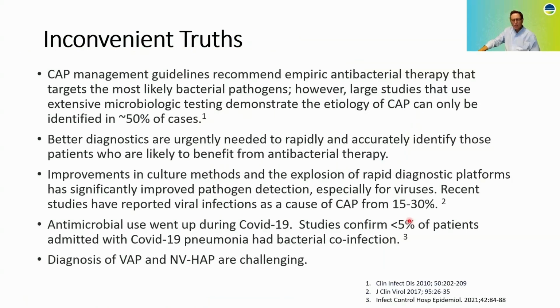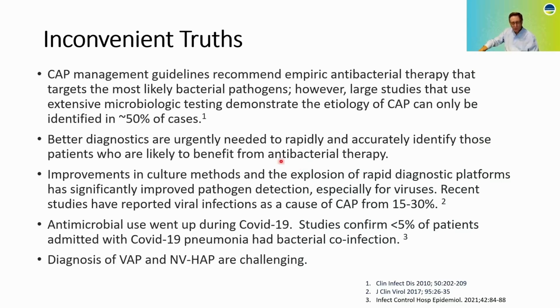Now, here's just some inconvenient truths that we've been dealing with for decades. That for community-acquired pneumonia, which is CAP, most of the recommendations are empiric therapy because we don't identify a pathogen in almost 50% of cases. And so we haven't had the diagnostic tools to be more accurate. So we definitely need better diagnostics to more rapidly and accurately identify which patients might benefit by which antibiotic, which ones can we use narrow spectrum, and which ones do we actually need to escalate therapy to a broader spectrum